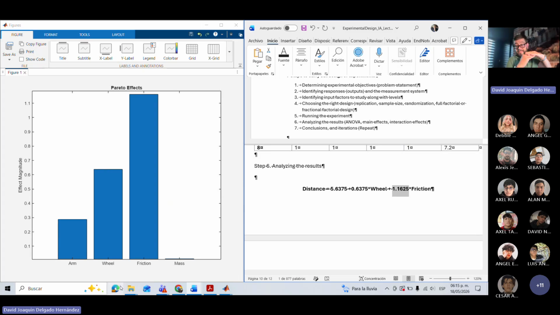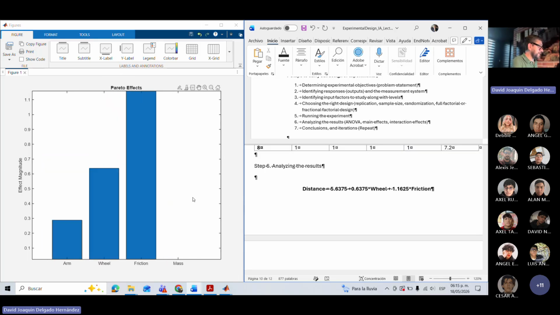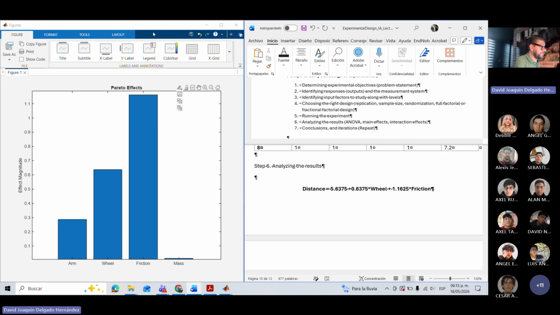Let's say the height of the bar is the second place. So that means that the wheel is also an important factor, and not so much the arm and the mass. The mass is very insignificant. As you can see, it is very insignificant in this case. Okay, that is the interpretation